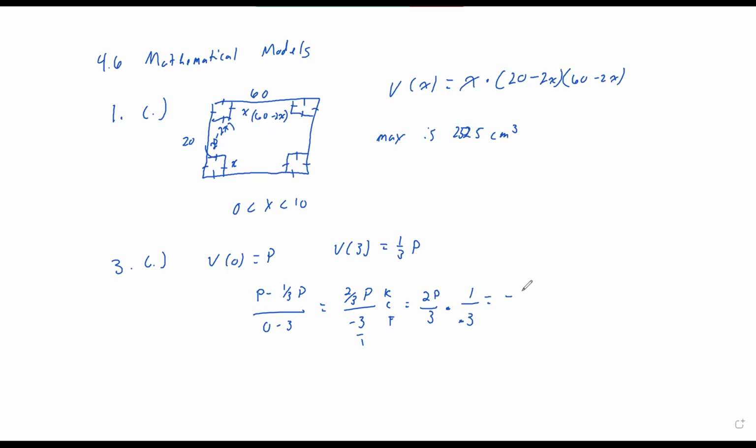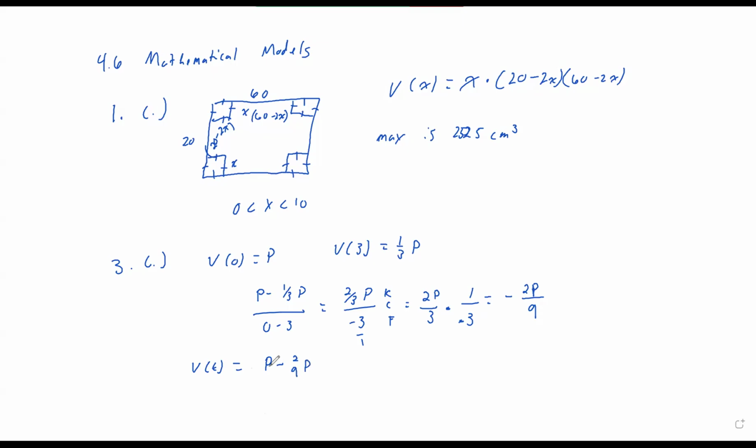And so then I would get negative 2P over 9. So this would be my rate. So every year I'm depreciating 2/9 of the overall price. Then from that, to produce an equation over time, because we need this to be able to answer C, we need the equation. So to be able to do the over time, we can say the original price, whatever it is, minus